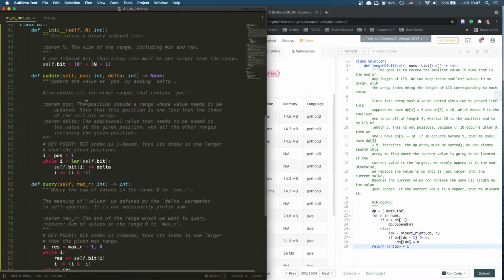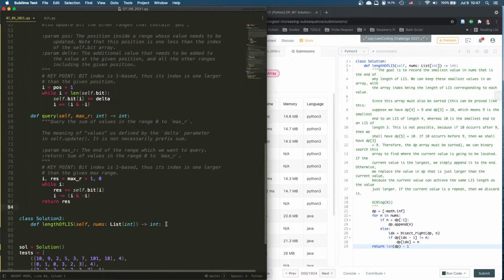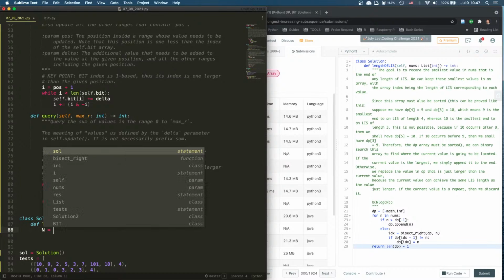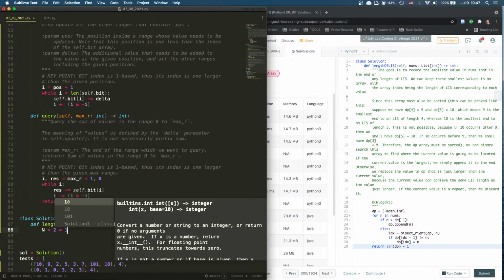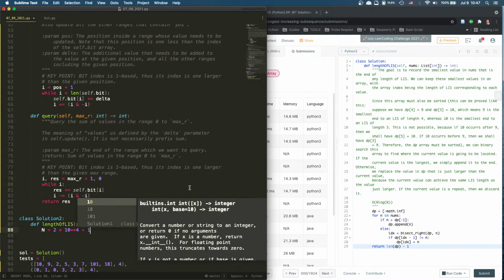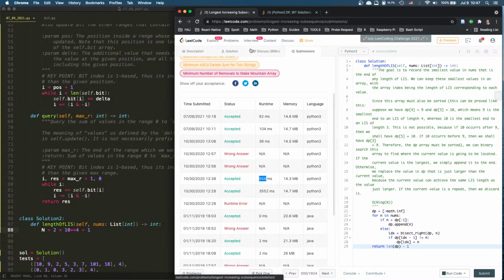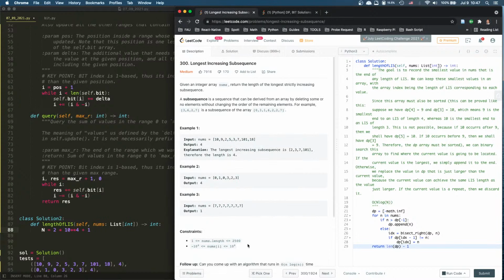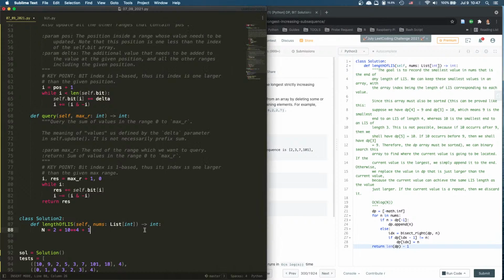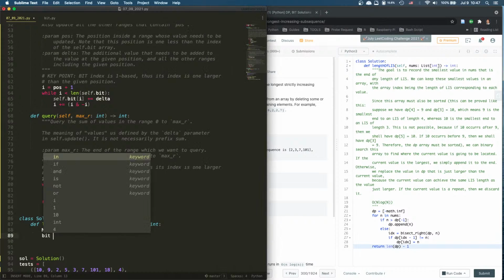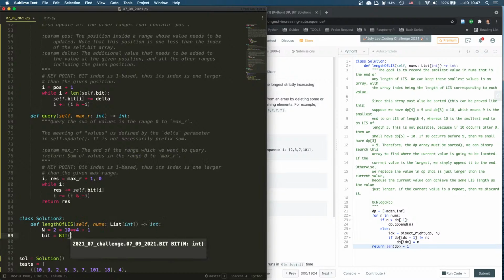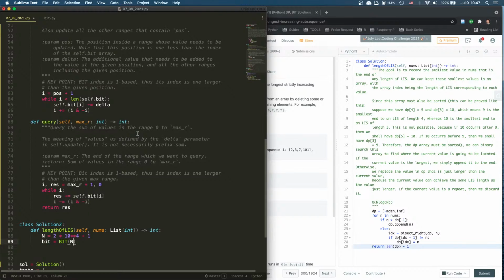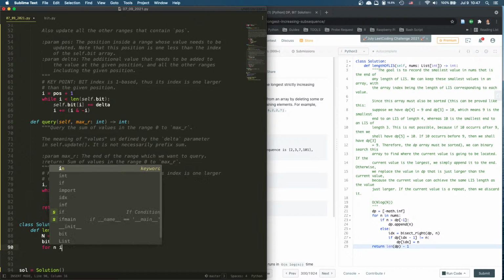So, position delta max range. Okay, so n is going to equal 2 times 10 to the 4th plus 1. That is the range, right? Yeah, that is the range. So we say bit equals BIT(n), and then what we're going to say is for each value, right? For n in nums,